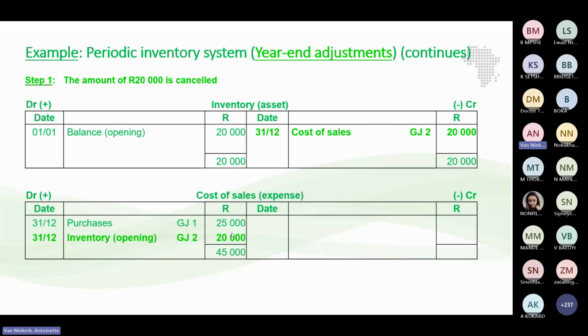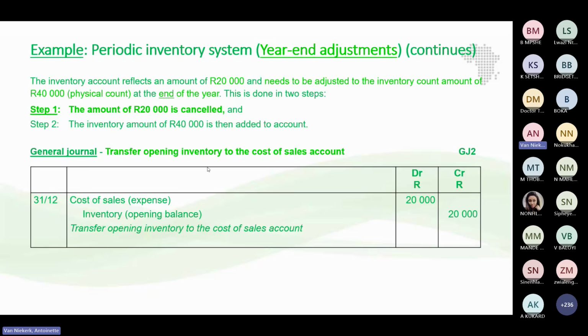But we will give you options that you can choose from so that you don't have to write it from the start, cost of sales or balance opening. We will give you options so that there will be a drop down arrow. That's now one of the types of questions you get in your assignments. We call it the embedded close questions. So we will, for example, ask you to, let me look at another example.